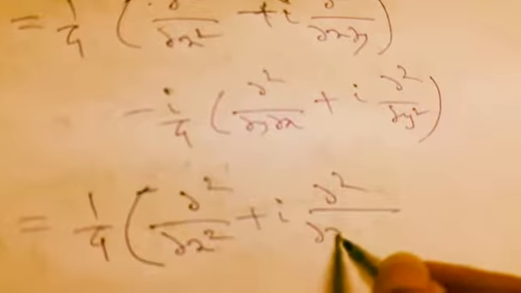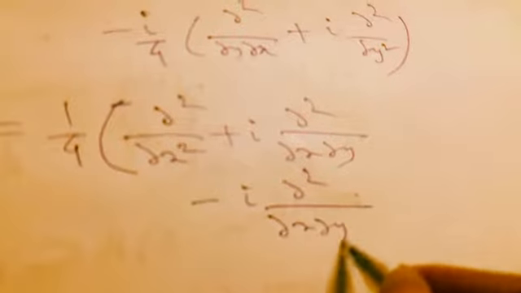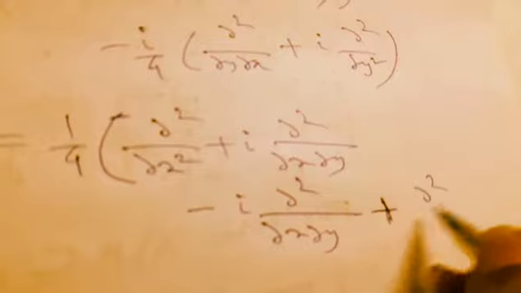One by 4 ∂x is operated, that is we obtain here ∂²/∂x² plus i ∂²/∂x∂y, minus i by 4 ∂²/∂y∂x plus i ∂²/∂y², and if we take in common 1 by 4 terms, finally we will find here ∂²/∂x² plus i ∂²/∂x∂y minus i ∂²/∂y∂x plus i² minus of i² is plus, that is ∂²/∂y²,